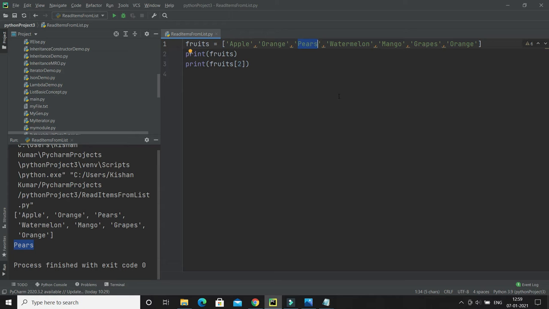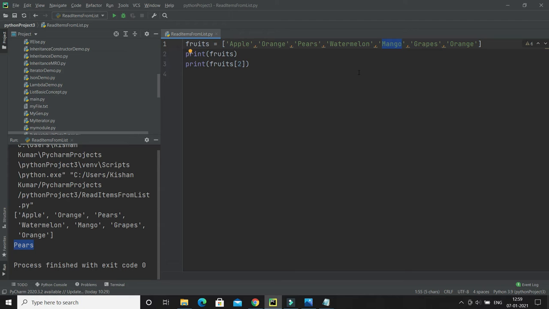But in Python, it is also possible to number the index with negative integers. If you look at the index from the last, the index of the last item would be -1, then -2, -3, something like that. So -1 refers to the last item, -2 refers to the second last, -3 represents the third last item.